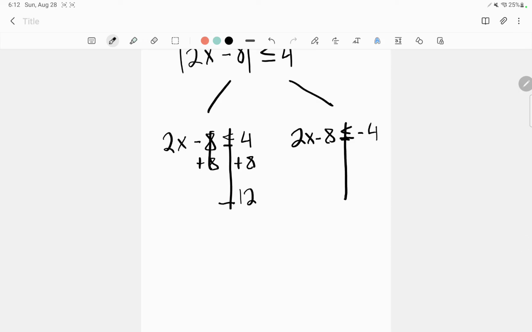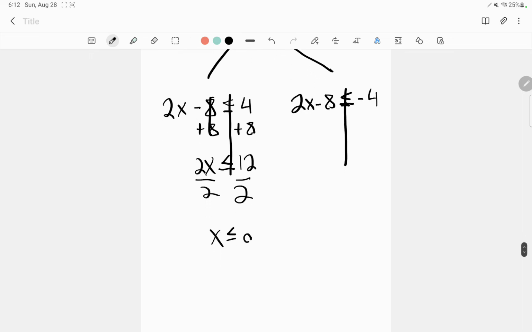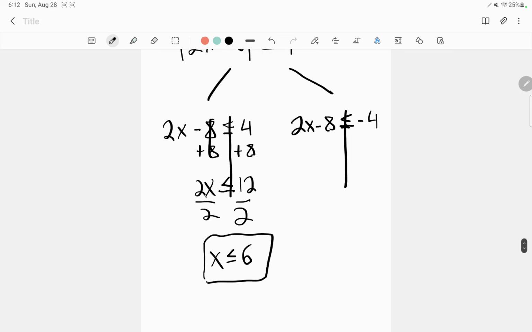Now I have 2x is greater than or equal to 12. I'm going to have to divide by 2. Now I have x is less than or equal to 6. That's one of my answers. And now I'm going to have to go ahead and do the other one. This is plus 8. This is plus 8. Those two cancel. I end up over here with 4